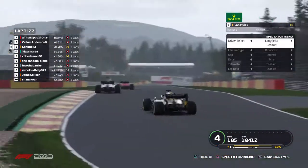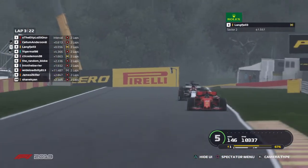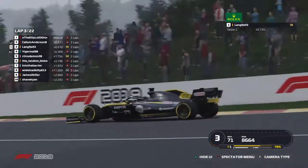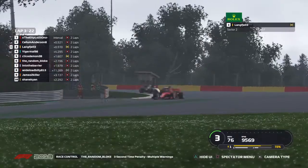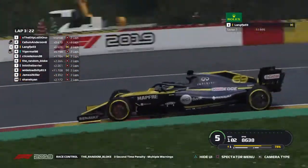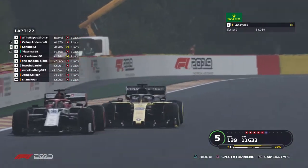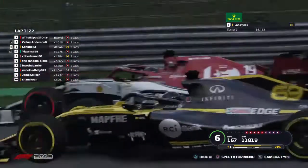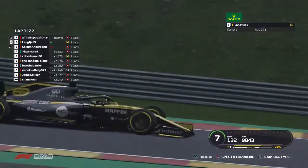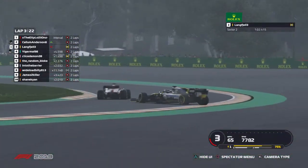I think right now it looks like it might be Bjorn Einar Langfjell who is the closest one to Callum Anderson, but we can also see that Callum is pretty close to Tim, so Tim's obviously made a mistake somewhere. Oh, but look at this, Bjorn Einar Langfjell on the inside of Callum into Puan. They're gonna go, oh, and it's a